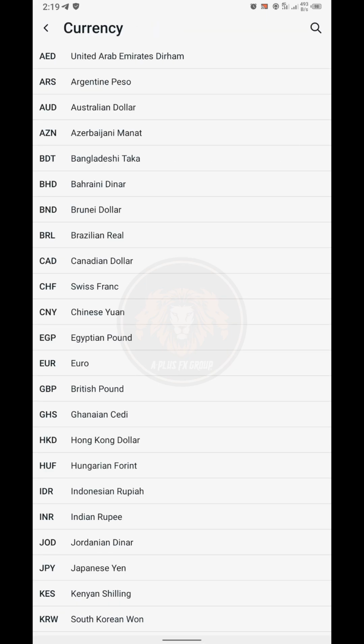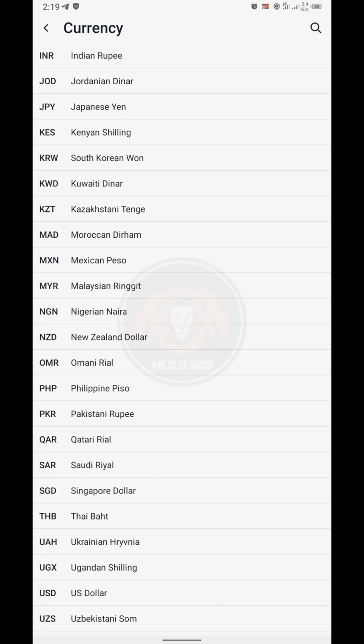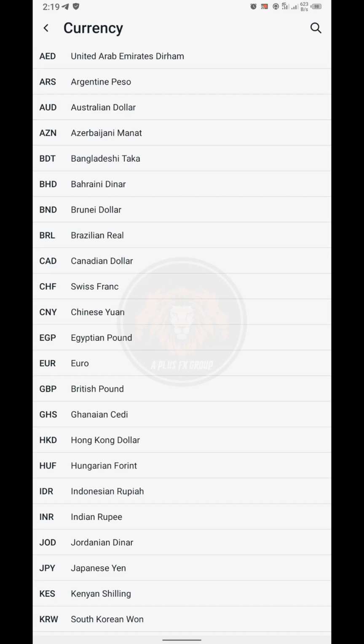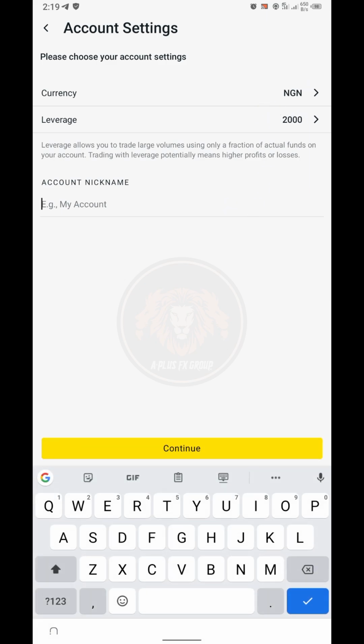Here I want you to change it to naira, and change it to naira on this area here, this currency area here. Then you put the name of the account. What name do you want to be shown on the account? So now I want to put USD